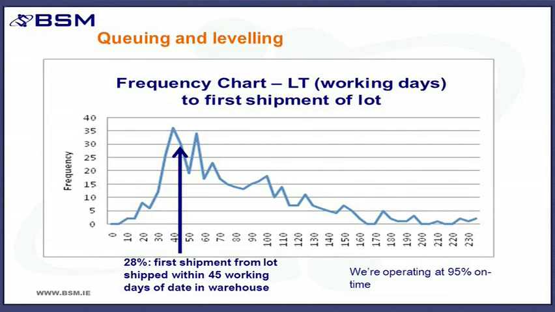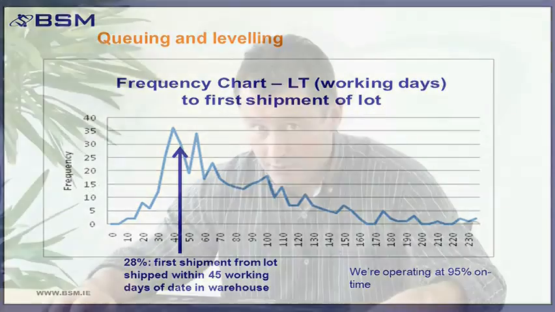Now again, I referred earlier on to raw material arrival patterns and also to the arrival pattern of bulk tablets, for example, if you're going to blister them later on. They're very similar to this. If you look at the pattern here, you'll see that at the very start, on the left-hand side of the distribution chart, there's a peak, and then there's a gradual decline, a very, very flat, wide curve going off out to the right. And what that's telling you is that there are some lots that when they arrive in stores, they really are quite urgently required, but there are other lots that are not urgently